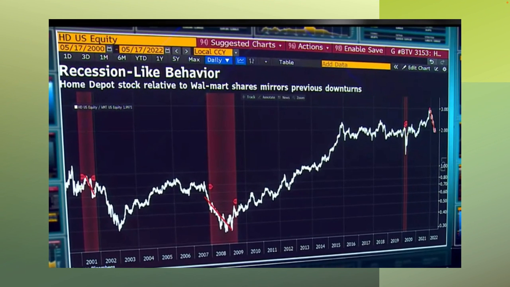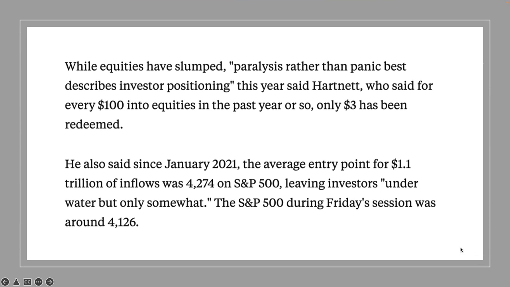We also talked about recession-like behavior, right? Talked about that already. And then we talked about how there's not actually been enough selling for us to go down into the capitulation area. So I think I might have one more. Let me actually do one thing here. I want to pull up one more